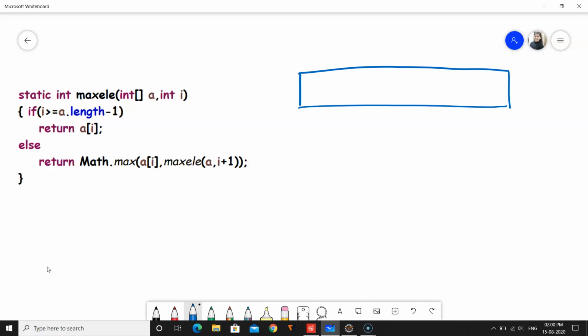In this array I have 5 elements. Let's name them: let it be 5, then let's say 51, then 13, and the last one could be 9. Now let's make this 131, which will be my largest element. Let me give the numbering, the indexes 0 1 2 3 4, and we know the length of the array is 5. So let's start.